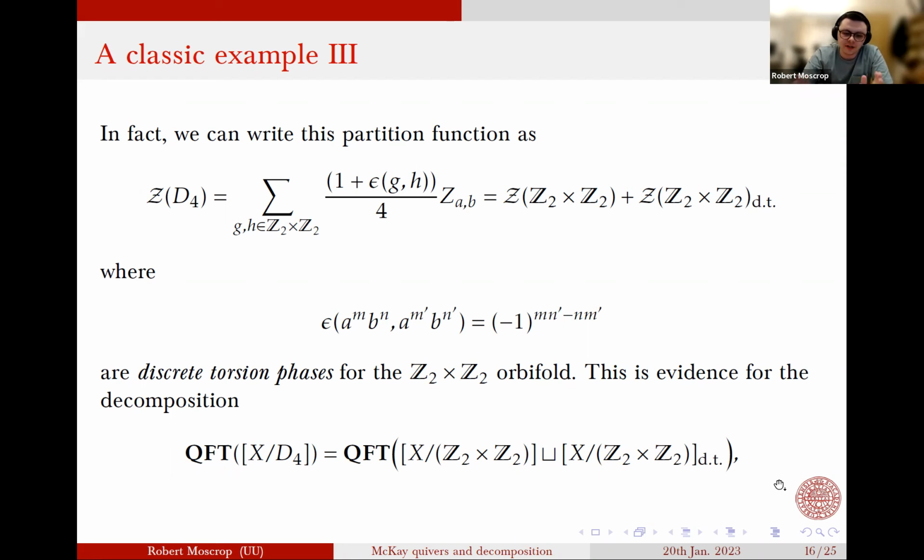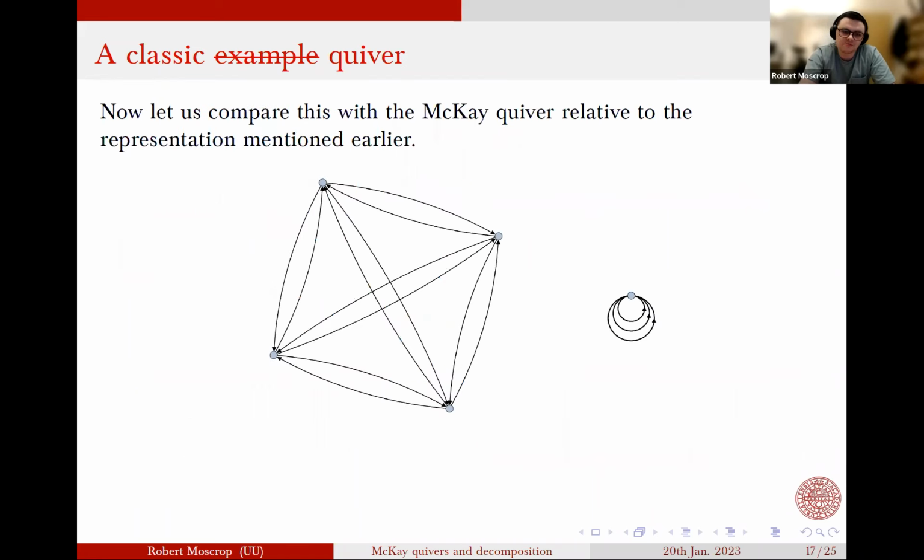So, okay, I've given you this example, but I've also given you the representation. Is it compatible with this, basically? And we can just do the whole calculation. You feed this representation into Sage or GAP, you can get this expression out, and you see that since I'm trivializing a central Z2, I get two components. And this first component is going to be the Z2 cross Z2 quiver.